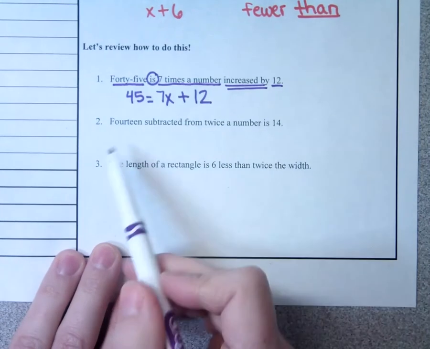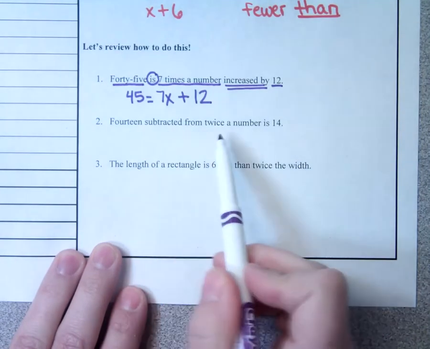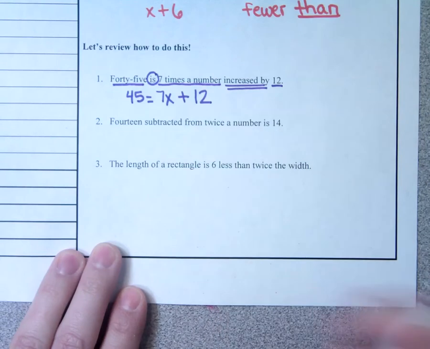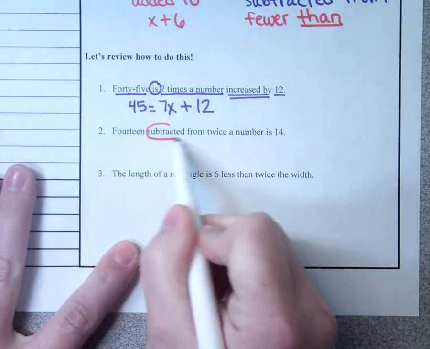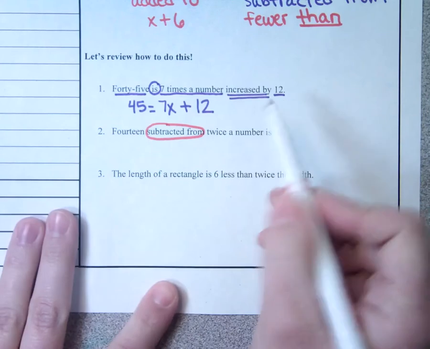Okay, number 2. 14 subtracted from twice a number is 14. Do you see any switch words in here? Yes, we do. We see the switch word subtracted from. So I'm going to start with the back part of the sentence,